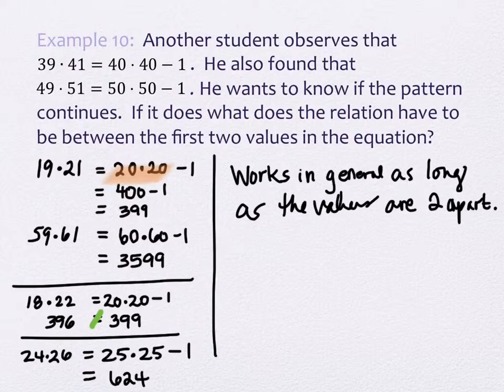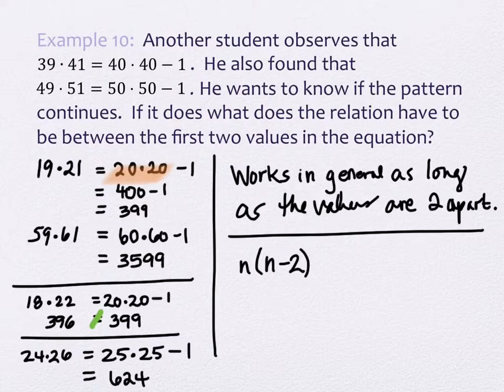There's some algebra going on behind the scenes here of why this works. Let me just show you real quick, not because you would show this to a child, but because I don't want you to think that this is some sort of mystery of mathematics. It's really not a mystery at all. What's happening is that when we multiply a number and a number that's 2 less than it, we're trying to compare that to what happens when the numbers are the same,